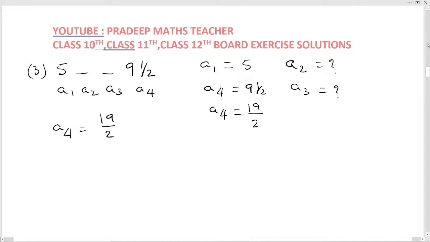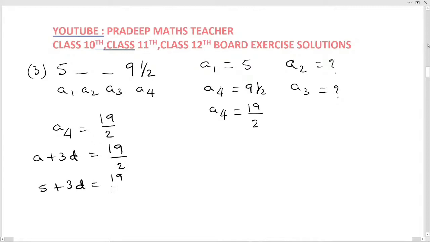Now you know the formula for the fourth term: a plus 3d equals 19 by 2. I'll apply the a value here, a value is 5, so 5 plus 3d equals